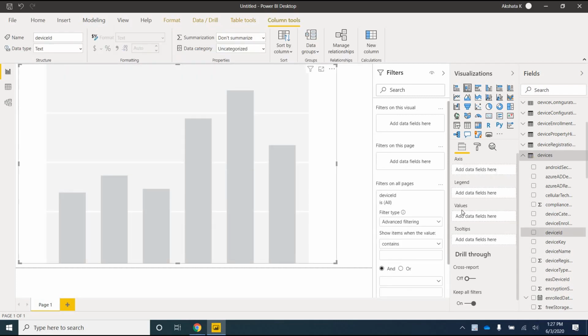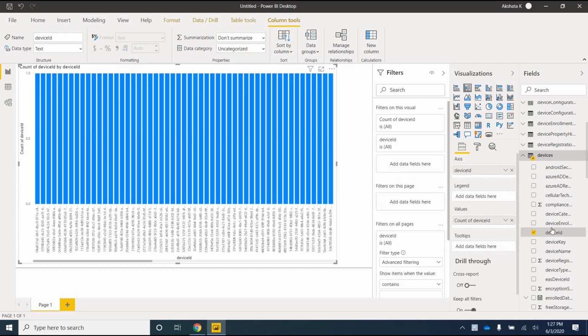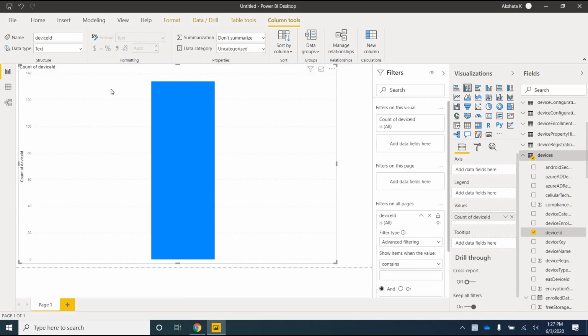Let me just make sure. Yeah, this is selected. I select on device ID, and now in the access we don't have to select anything, but in the values the device ID needs to be dragged. So I'm just going to drag the device ID into the values, but in the access I don't want anything. Okay, so now this is giving me a count of all the devices in my environment, and you can see it is almost